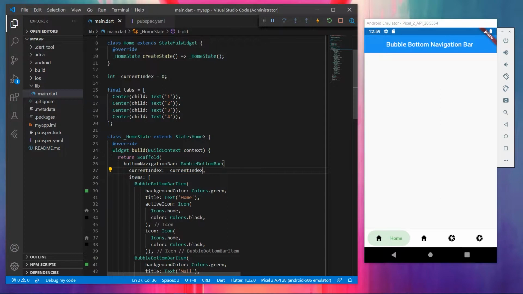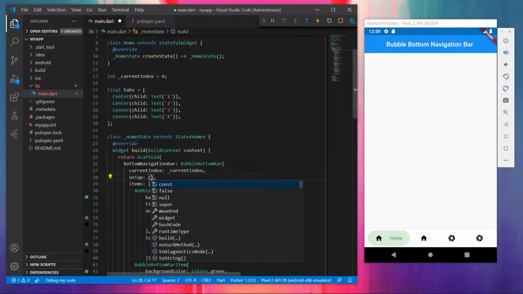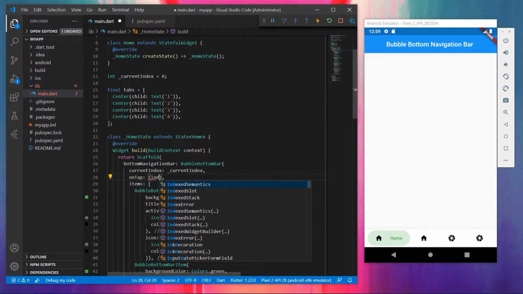As it is pointing to 0, this also points to 0. Now when I tap on this, nothing happens. To add this, we have a function called onTap. This takes, when we tap on any icon in the bottom bar, the value of index. It specifically takes that value. For the first one it is 0, and the second one it is 1, and so forth.